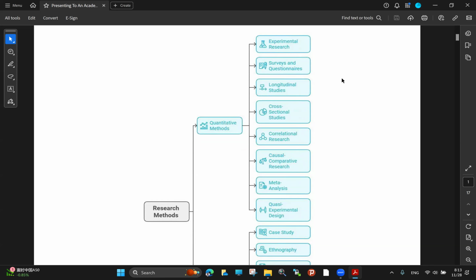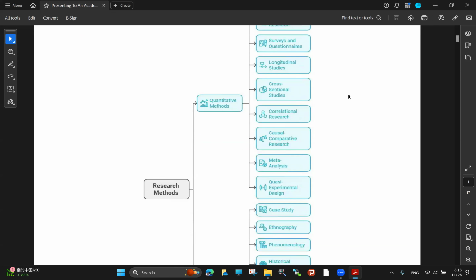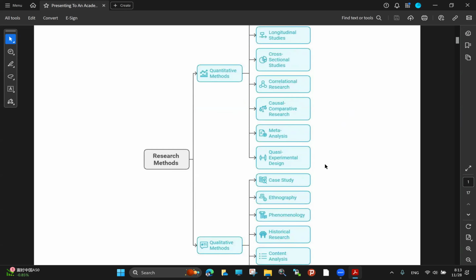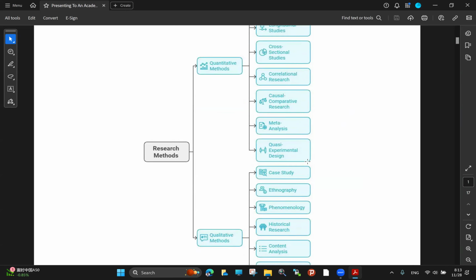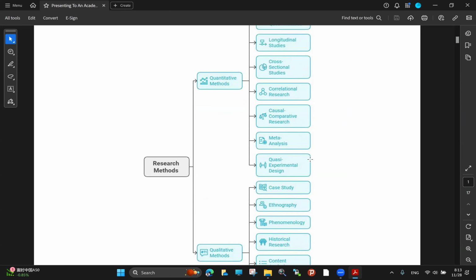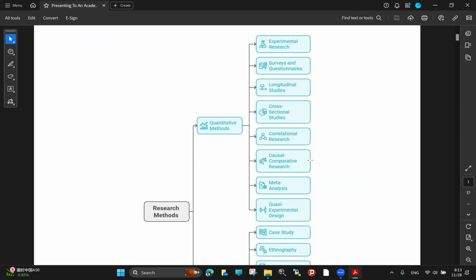And then we have meta-analysis. Like I said, you take what is in the literature. In this case, you are trying to interpret the literature. However, you are using numbers to do that, and that's meta-analysis. Quasi-experimental design, if you are there, you know. Okay, so these are ways in which you can